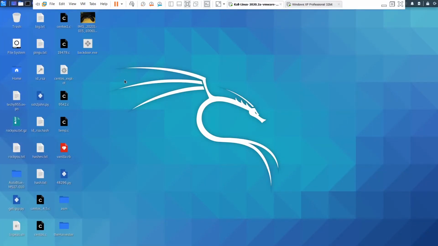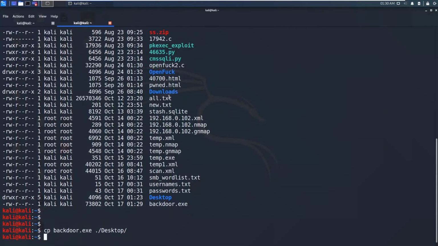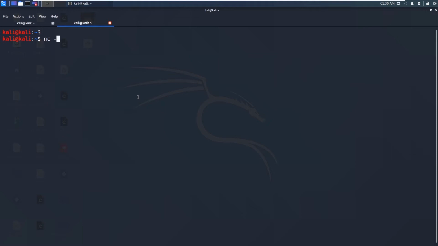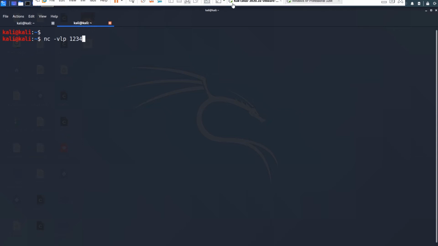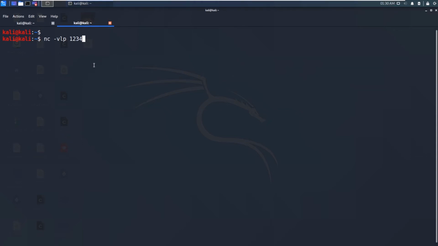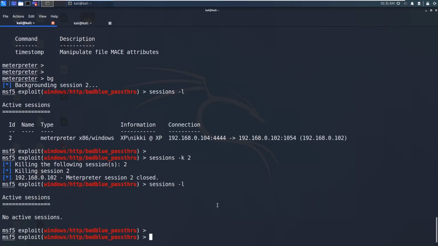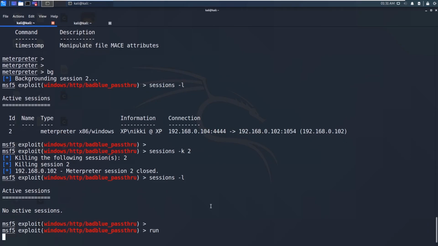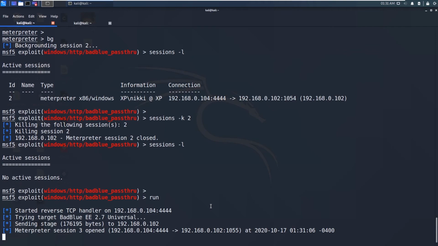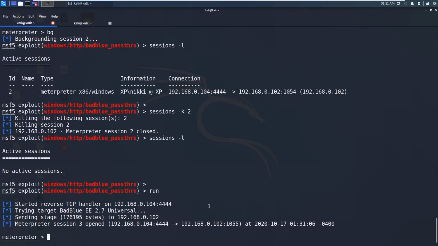So before running our backdoor, we need to set up a listener to catch incoming connections. We have set port 1234 in the backdoor.exe, so that backdoor.exe will connect to our IP address and this port. So we go on listening, and I had forgotten to show this. So okay, to get the shell of this Windows XP machine, we can type shell.